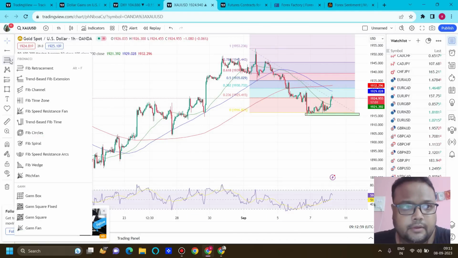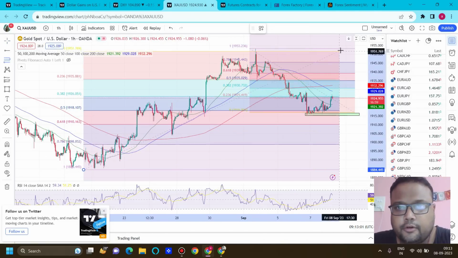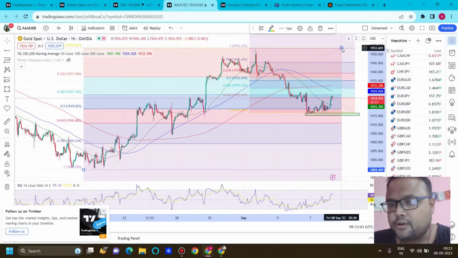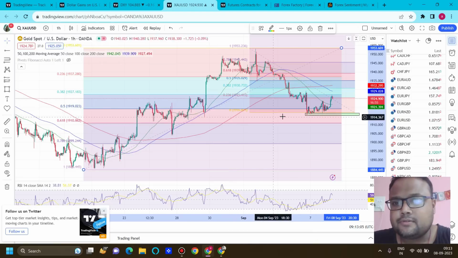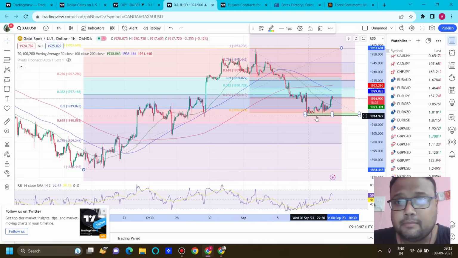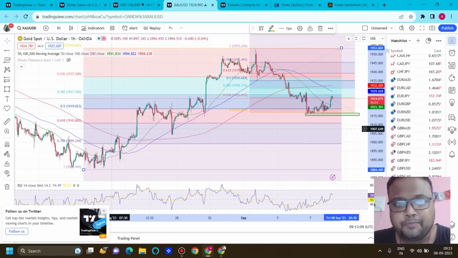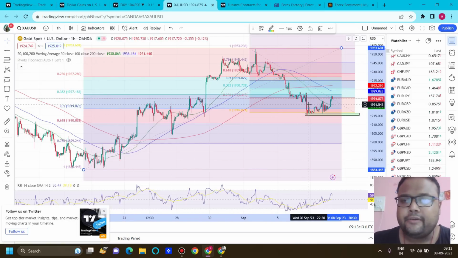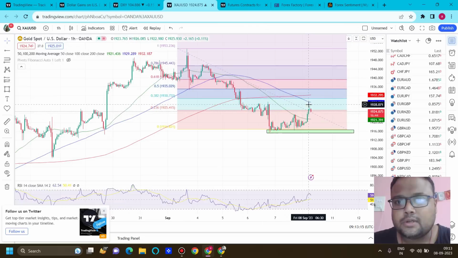You can see here if we draw FIBO, if you follow me, then you know very well that the market bounced from the FIBO 50% retracement level. The market was taking support around this area. So after this up move, gold was going for downside. As we are day traders, the present trend of the market was towards the downside only.